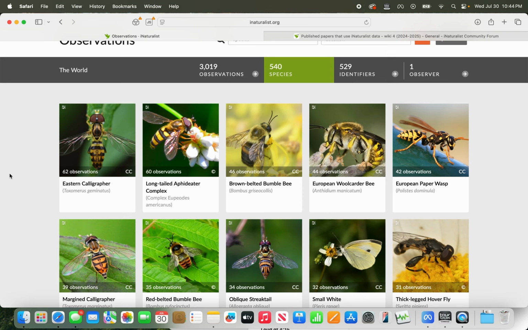This is not an indication of the relative populations or frequencies of these species, but rather of my interest in them intersecting with their frequency. But it's a very useful way to organize your observations and consider what it is you're seeing, what it is you're gravitating towards, and so forth. Doing this also teaches you a lot about identifying insects and any species, and the challenges of doing that,